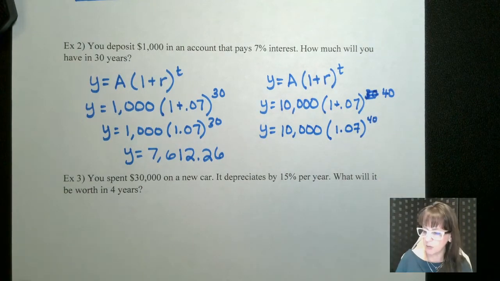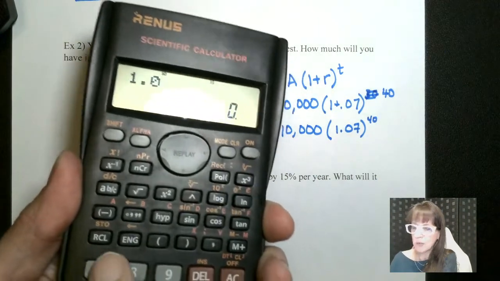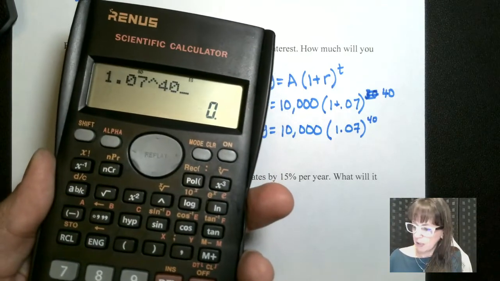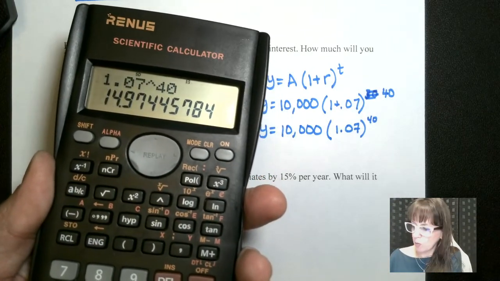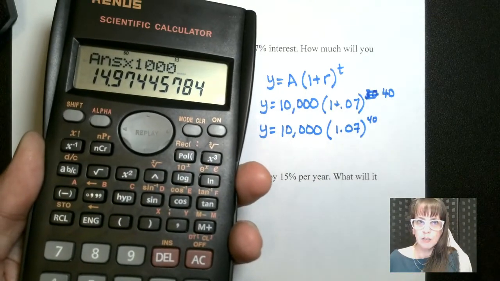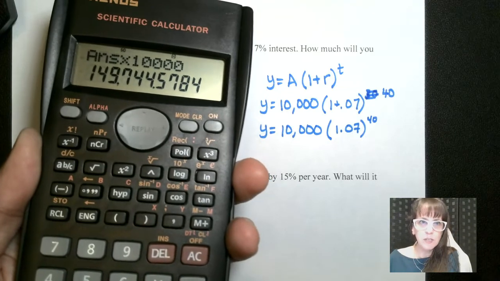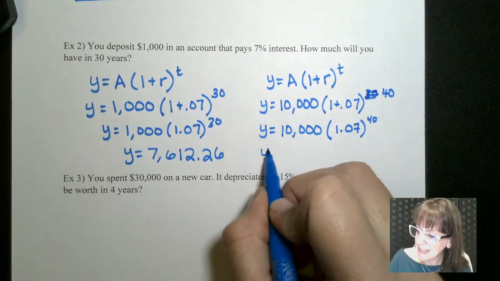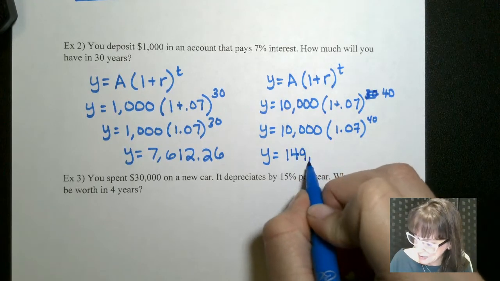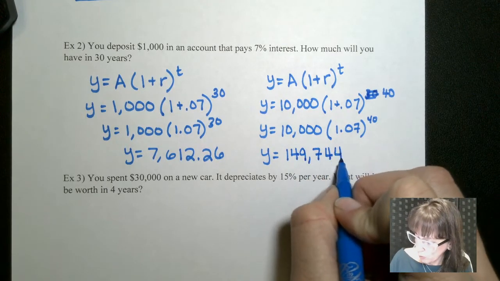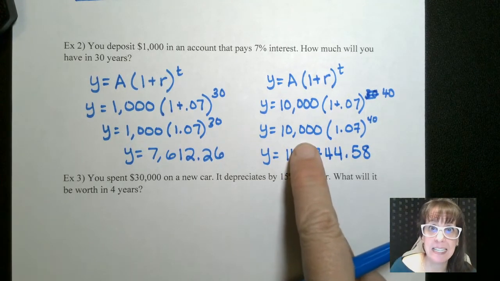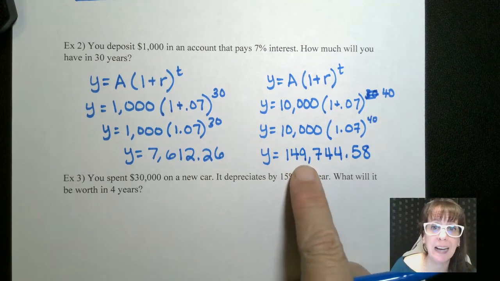Again, we're going to plug that into our calculator. 1.07 to the 40th power. There we go. You get this big crazy number and we're going to multiply that by 10,000. All that's doing is moving our decimal over. You have taken that $10,000 and turned it into $149,744.58. You took $10,000 when you were 18, and when you went to retire, you could buy, I don't know,